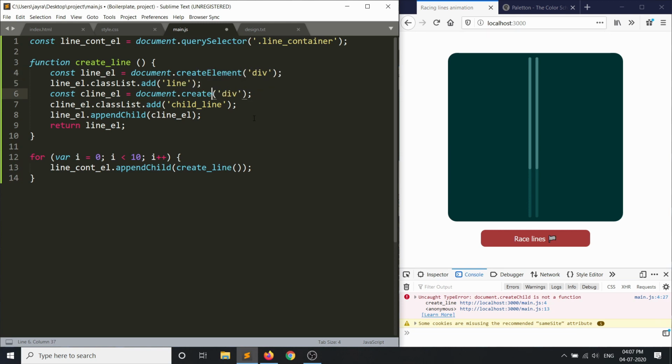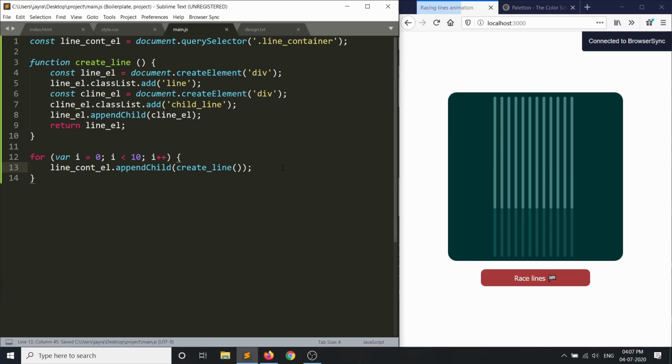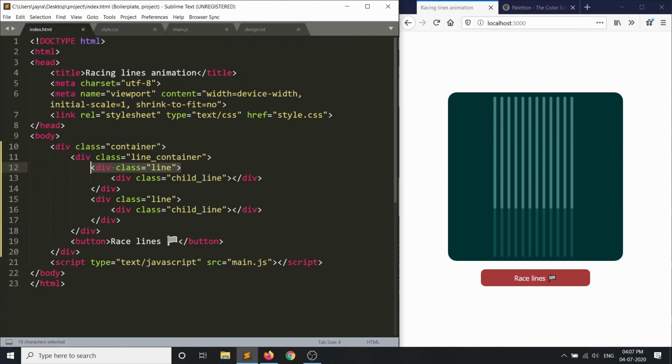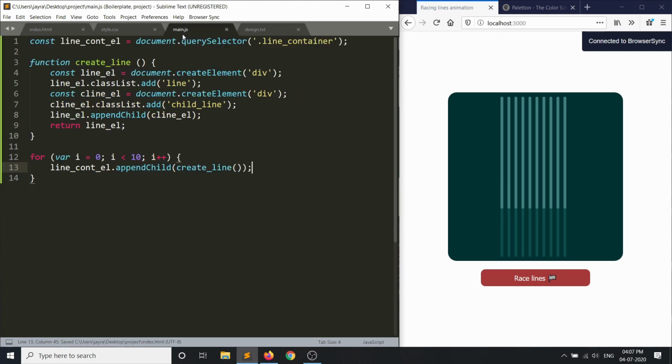Okay, so it was createElement. You saw we now should have 12 lines. Let's remove these lines because we don't need them anymore. Save it. Let's reload the page. JavaScript is running by default, so you would have all the lines showing up.